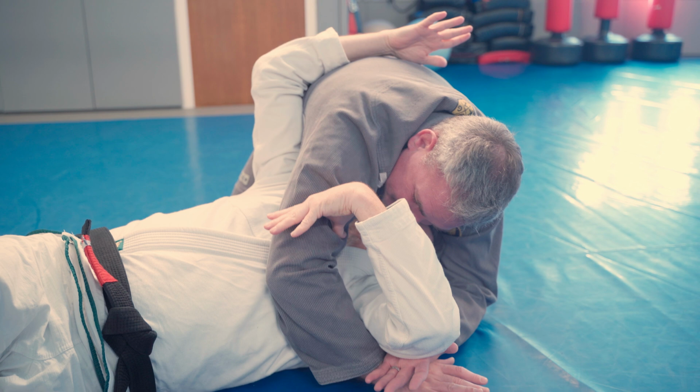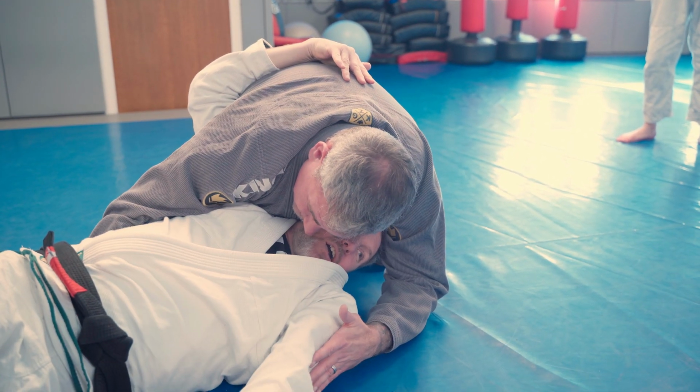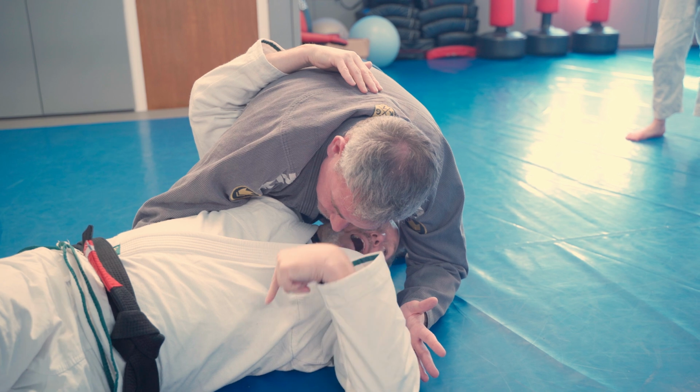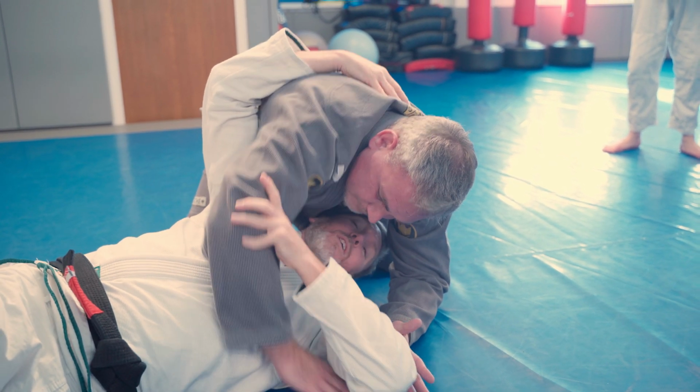So one of the most common reactions is for this arm to come across to this side so that he can start setting himself down into a north-south position and just basically use his weight and crush me down. So as the arm comes across, whether I've kind of lost it or he's just ripped it out of my arm and brought it across,